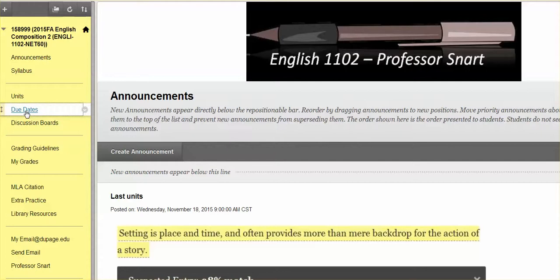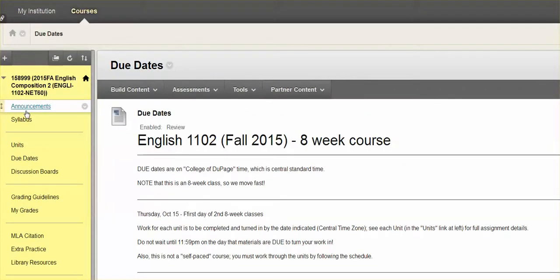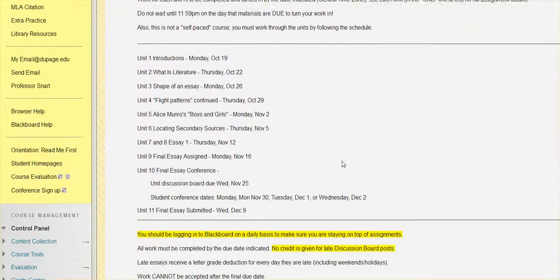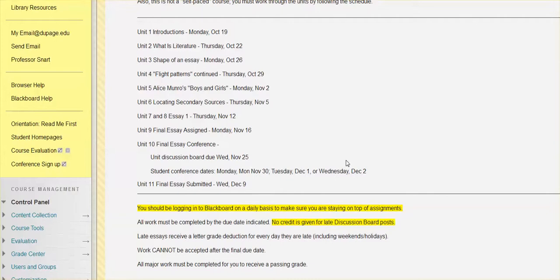Although our due dates, which we'll look at right here, are pretty spread out because of a couple of things. First of all, practically speaking, we have the Thanksgiving break, which class-wise would technically cover a Wednesday, Thursday, Friday, but as you're probably discovering in other classes, things do tend to wind down for that Monday, Tuesday as well. So our final due dates are kind of spread across that,